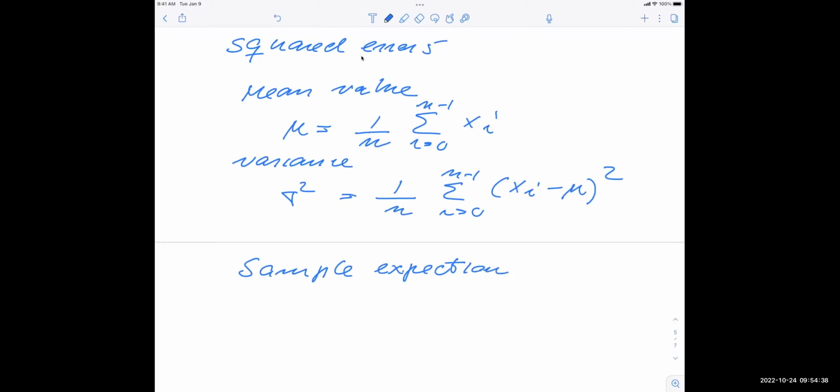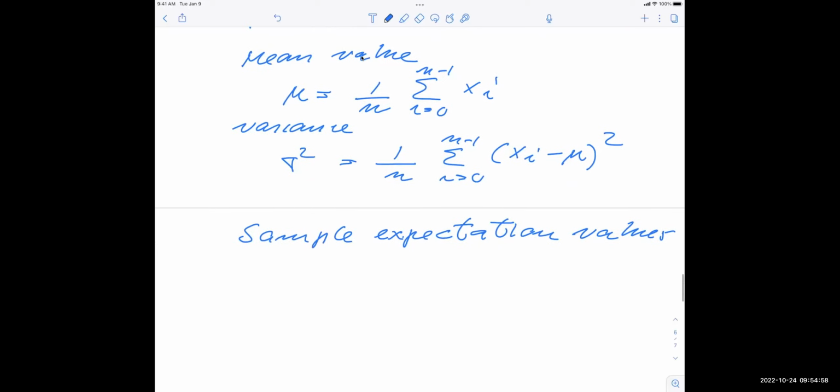And they are not... so today is my day when I don't write properly anymore. Expectation values. So these quantities may not be equal to the exact quantities if we knew the probability distribution. That means that they are estimates of the true mean values or the true variance or the true mean